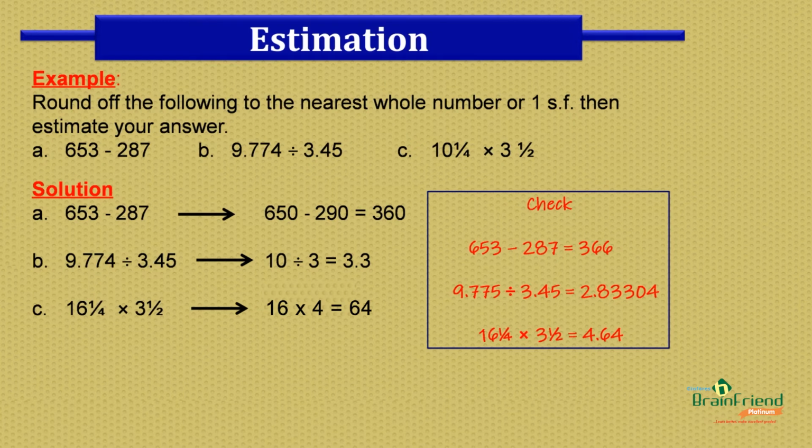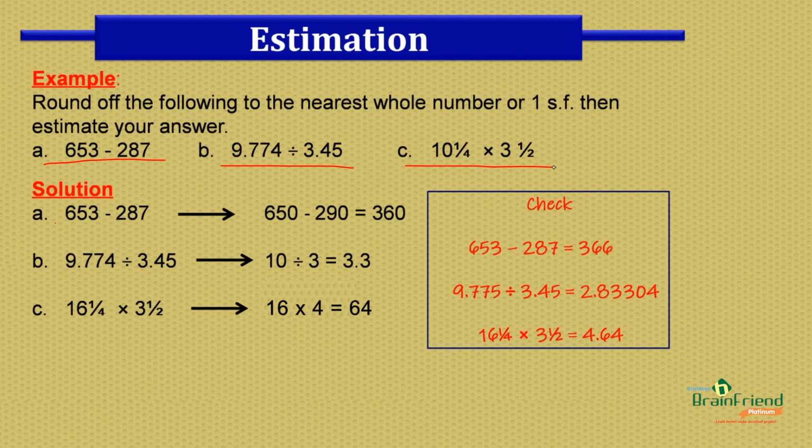Round off the following to the nearest whole number or one significant figure, then estimate your answer. Please note that 1 SF means one significant figure. We have 653 minus 287, 9.774 divided by 3.45, and 10 whole number 1 over 4 multiplied by 3 whole number 1 over 2. Now, to solve that, we must first round off to the nearest whole number or one